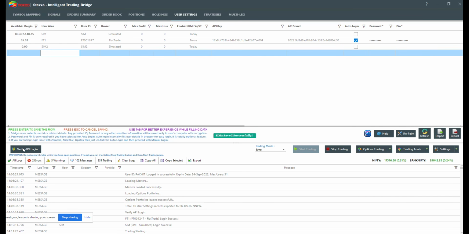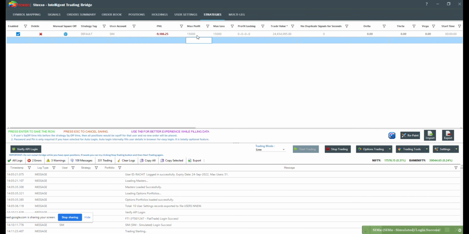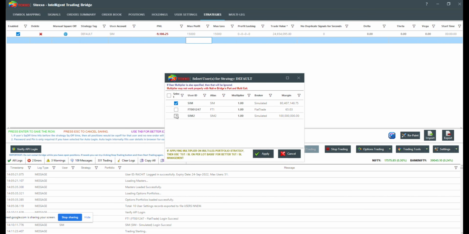So I'll click on verify API login and make sure that my sim2 is also logged in. I'll enable. See, now my sim2 is enabled. I'll come to the strategy stack. Now with the sim and sim2 I'm selecting, but in sim2 I'm saying that multiply my quantity by